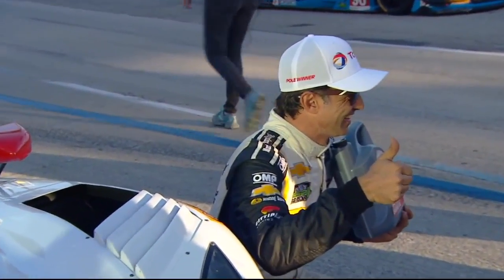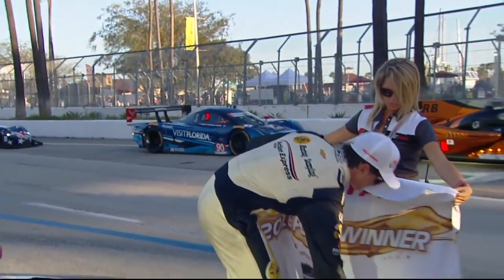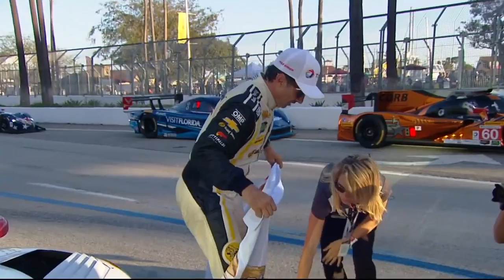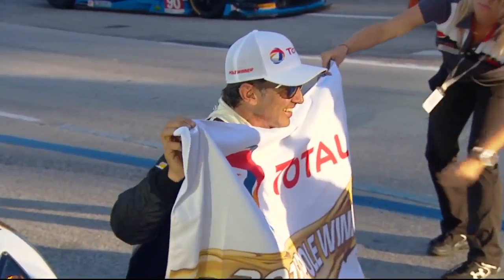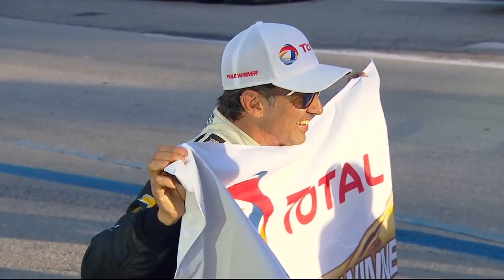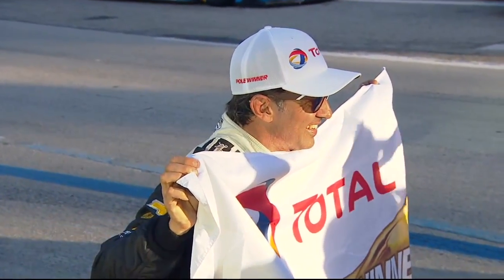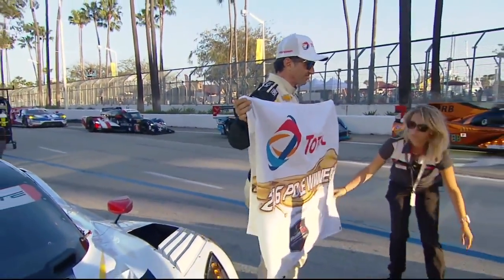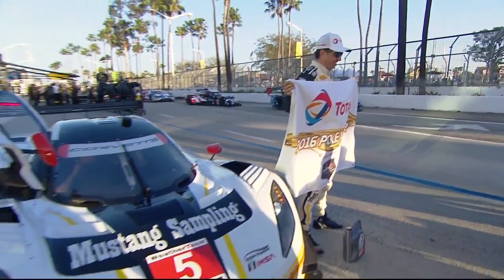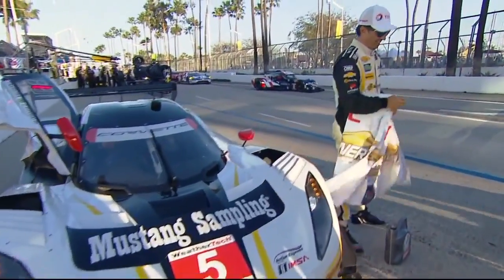Jeremy, what do you expect in tomorrow's race? Lots of action. Yeah, action. And the grid for tomorrow's race won't look quite how the qualifying order looks, because in the IMSA WeatherTech SportsCar Championship, the prototype cars will start ahead of the GTLM cars. So all the PC cars, I think that's the plan in any case, it normally is. We'll have the prototype cars, then the PC cars, and then the GTLM cars will start, I believe, on a